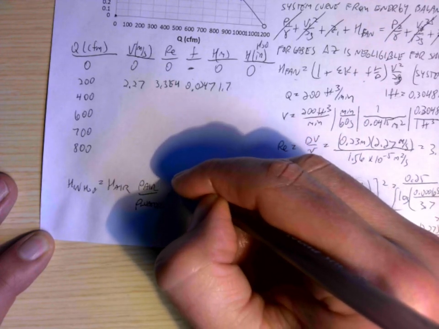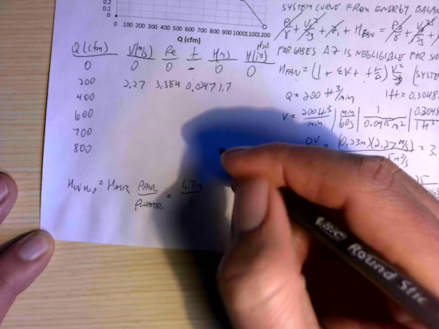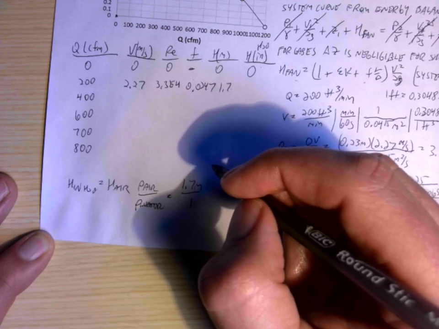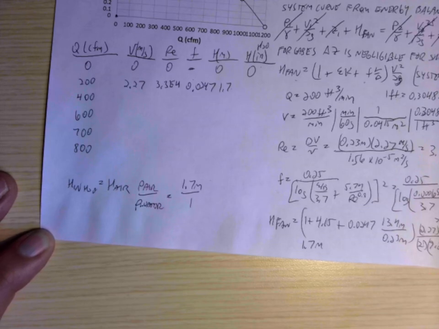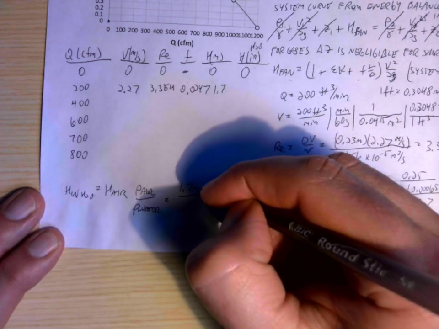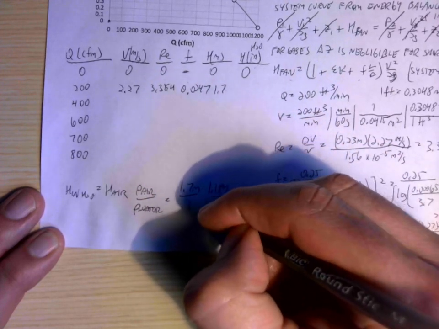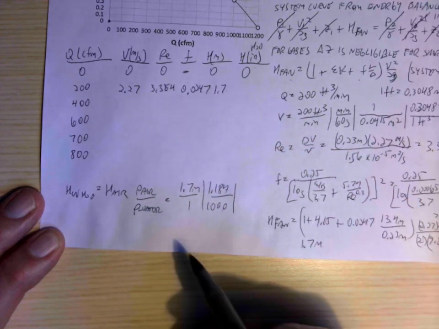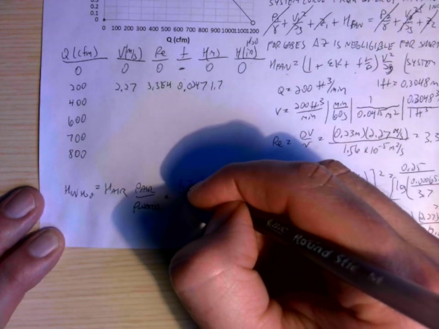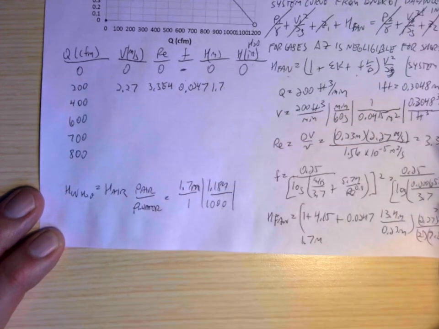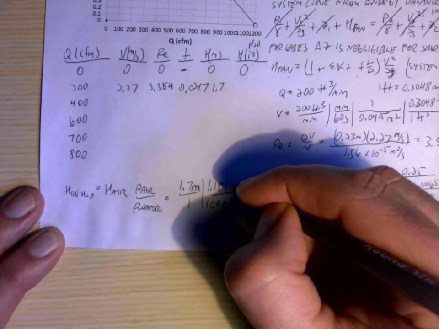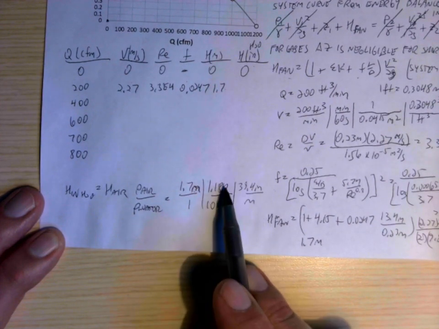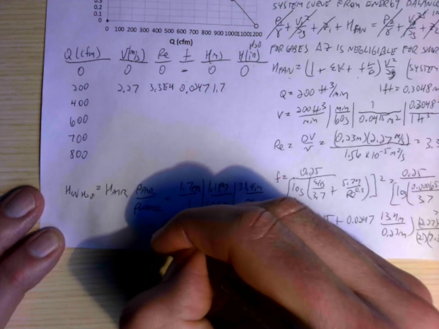and so 1.7 meters times 1.184 over 1,000. Okay, and those are both in kilograms per cubic meter, so I'll leave that off. The other thing I need to do, or this is in meters, sorry, is convert the meters to inches. And so there are 39.4 inches in 1 meter. So that gets this to inches, and then this does the water to air part. Okay, and so if I do that, then I get